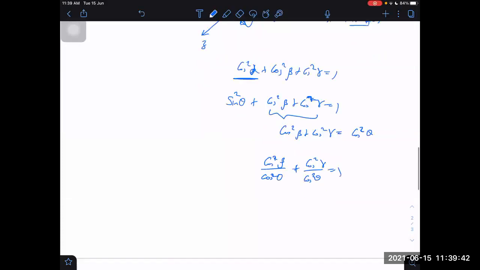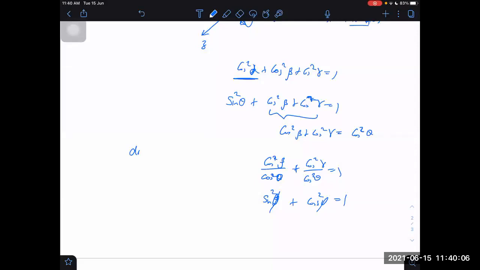Then I can do one thing now. I can assume one of these to be sin phi and the other to be cos phi. Some other angle I have to take. Sin square phi plus cos square phi equal to 1. What will be sin phi? Sin phi will be this. Cos phi will be this. That I can do. Why did I do this? So that we can get the relation between cos beta and cos gamma. They are not independent of each other. They are related to each other.